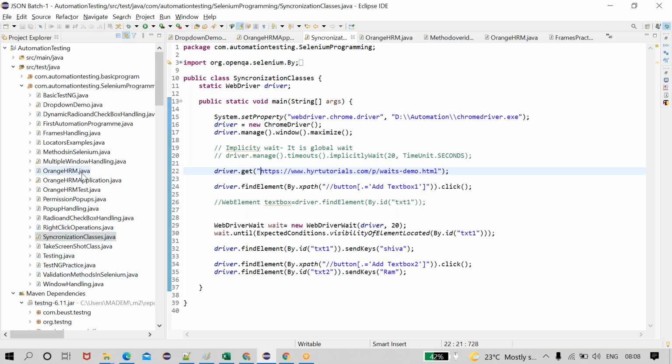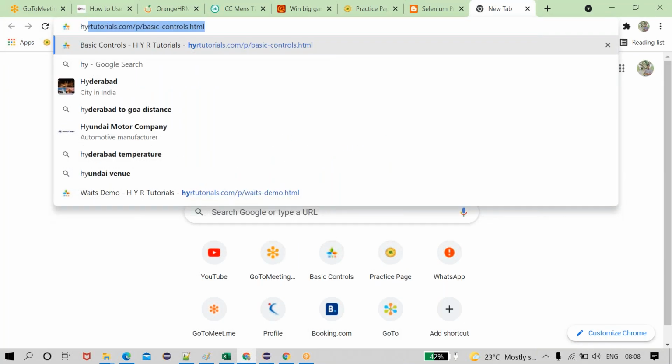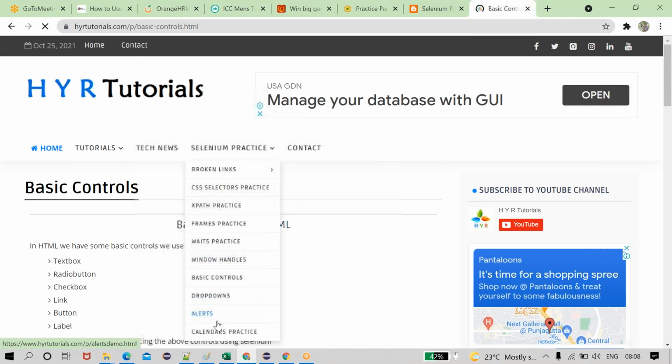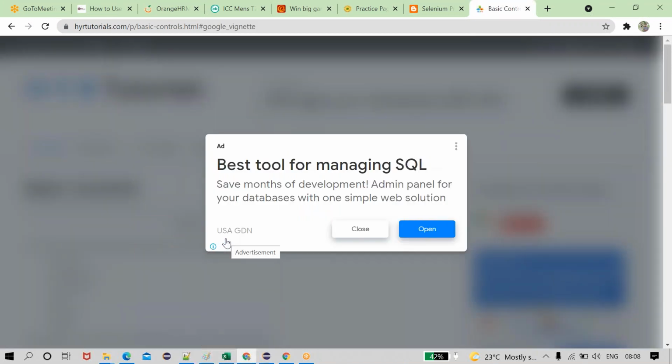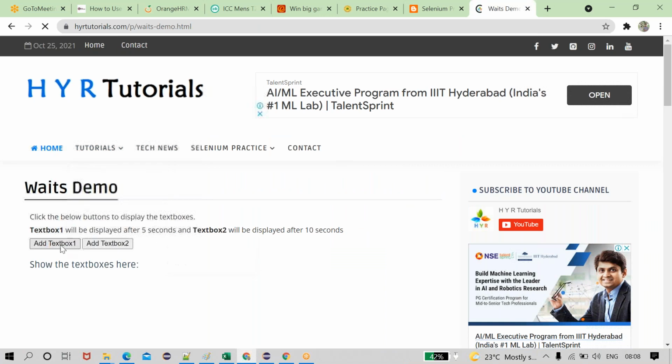One second, I will explain in which site we tried this. I think you remember we were not able to perform the explicit wait condition due to some issues.